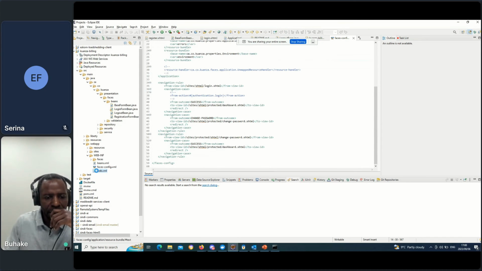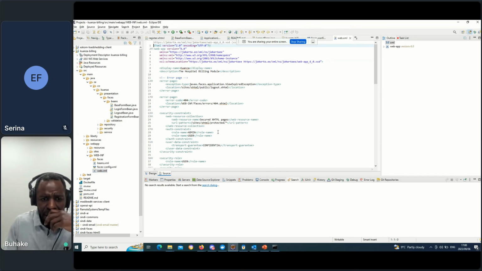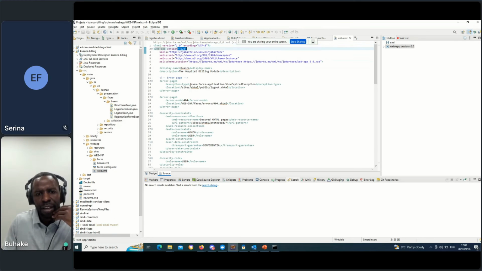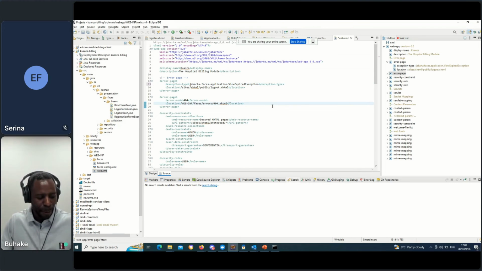And your web.xml, what you need to look at is version 6, your Jakarta EE namespace. Since I'm using JSF, for example, here where I said exception, that should be Jakarta, not javax. Even I make mistakes.